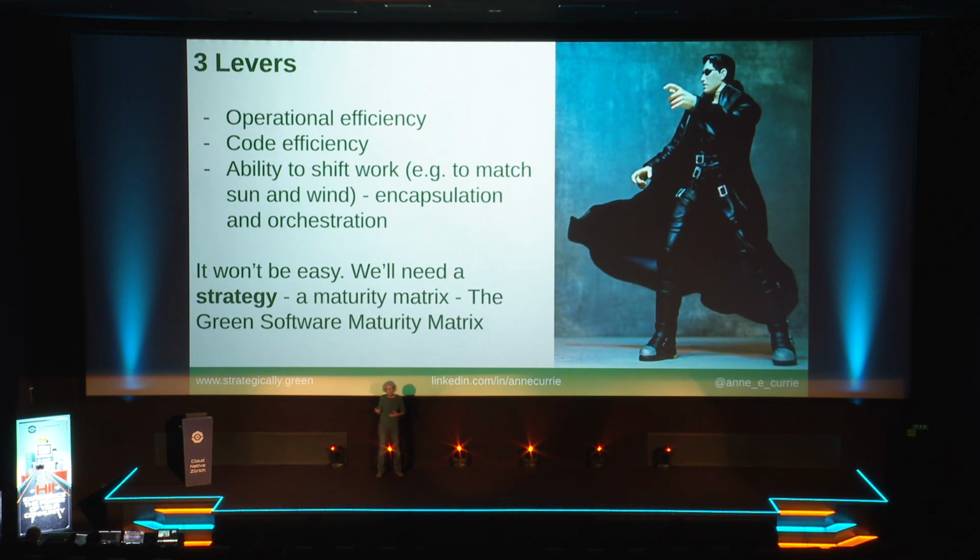And me and Sarah, my co-authors of Building Green Software, we went out and we talked about this a lot. And what we learned quite quickly was that people were trying to pull the levers in the wrong order, and it was getting them quite confused. And it was causing green projects to fail, because they were trying to do something that was very hard and didn't necessarily have the most impact for them, given who they were. So as part of writing the book, we thought we had to address this. We needed some way of getting people to pull the right levers in the right order. And we realized that there was a project management tool that existed for a long time that could help with this. And it was called a maturity matrix.